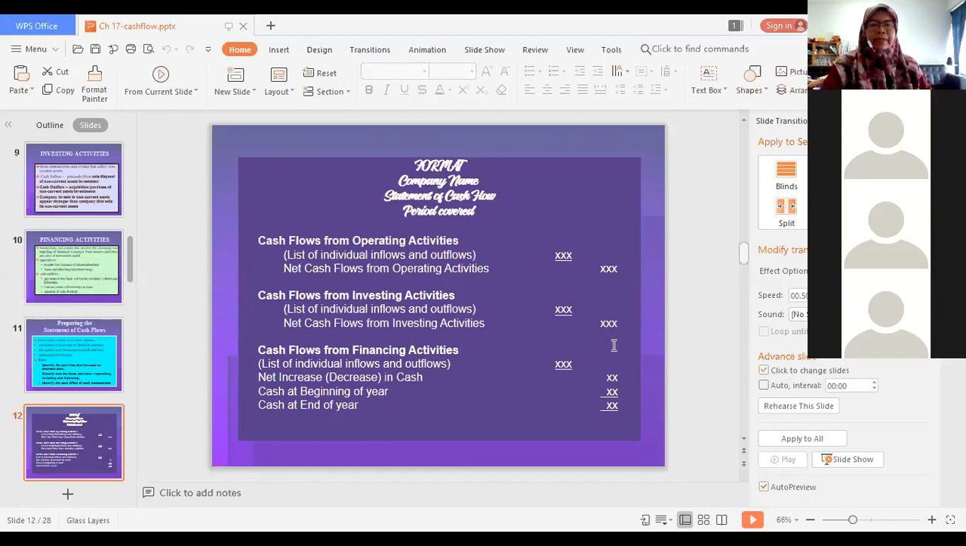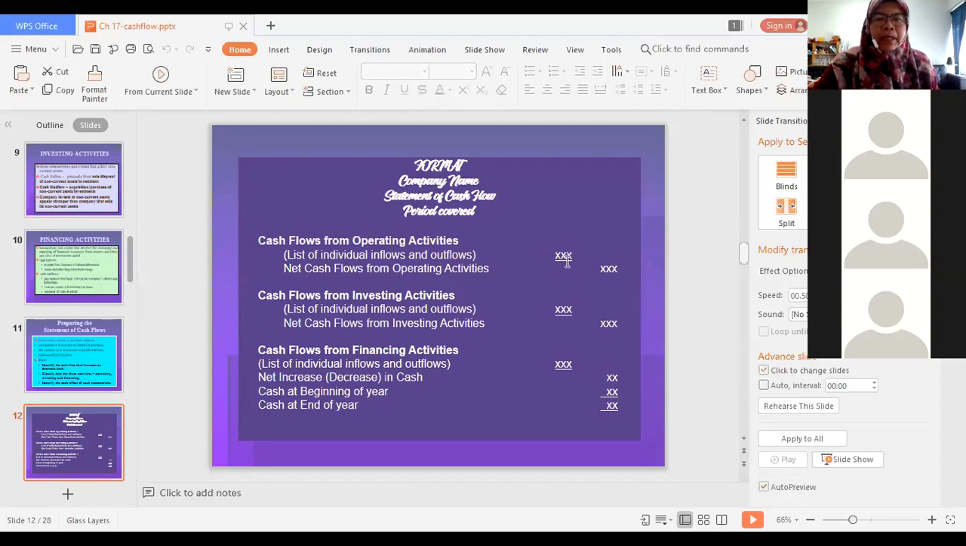This is the total first, and then we have to add up. Cash flows from operating plus cash flows from investing plus cash flows from financing. Then you get your amount here, either positive or negative. How can we get positive or negative? Now, back to operating,